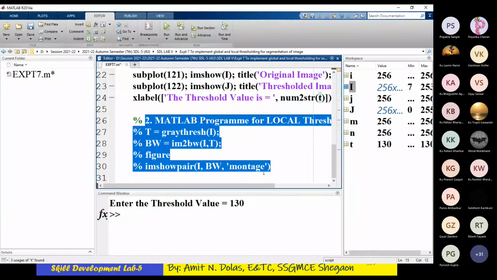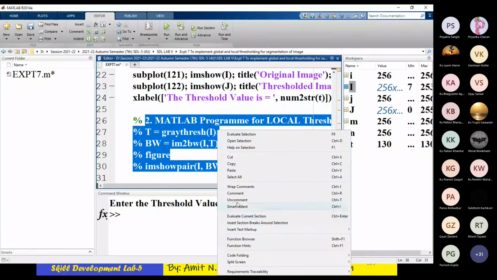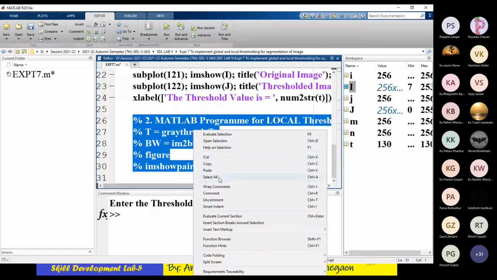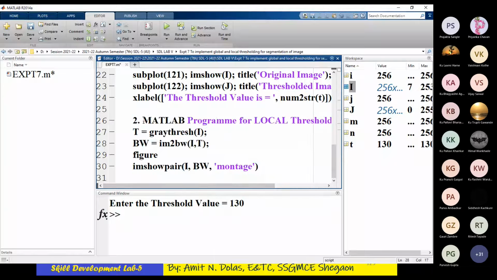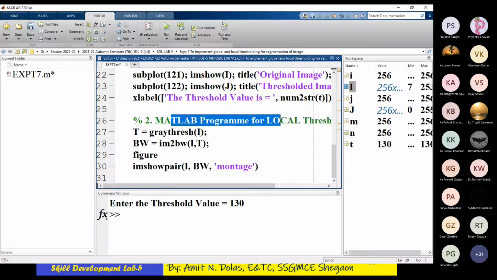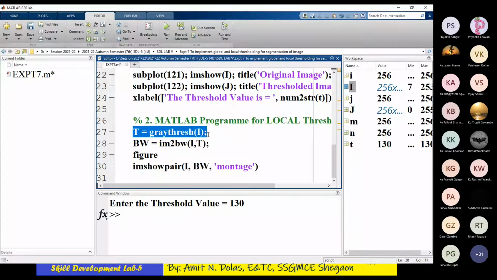This one, local thresholding. It is a MATLAB program for local thresholding. The second part of the same: T is graythresh of I. What does graythresh do? Can anybody tell me what graythresh is?